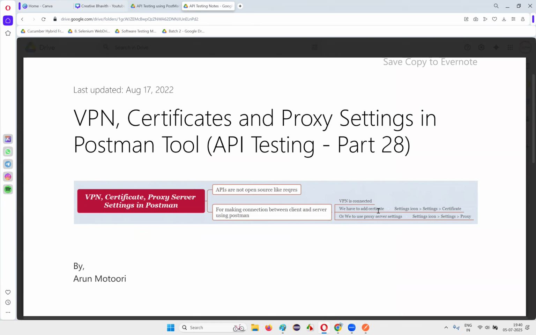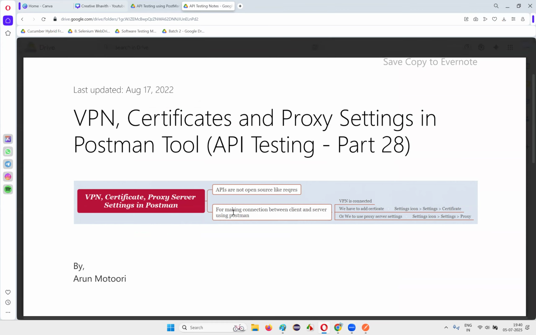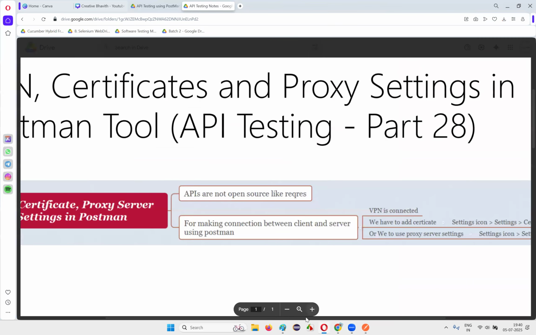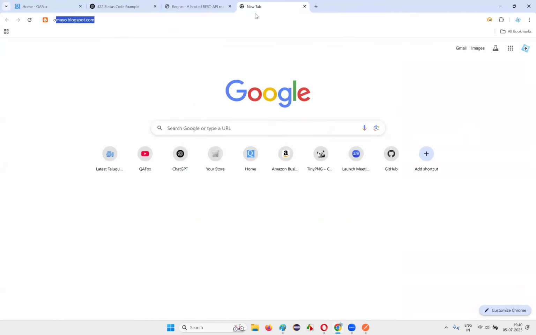to add some certificate. Without the certificates, you cannot make a connection between client and server using Postman. In real time, sometimes the clients will ask you to make a VPN connection using some VPN software. A lot of VPN software will be there in the market, guys. Okay, how to